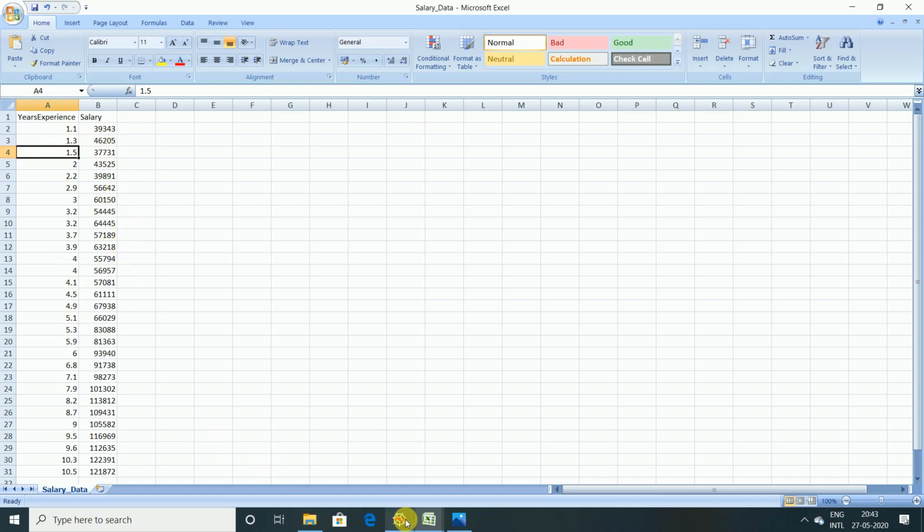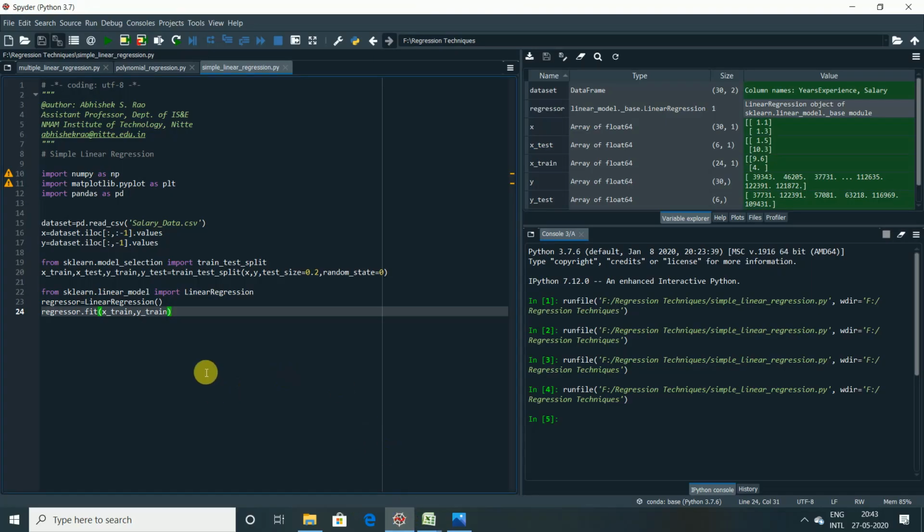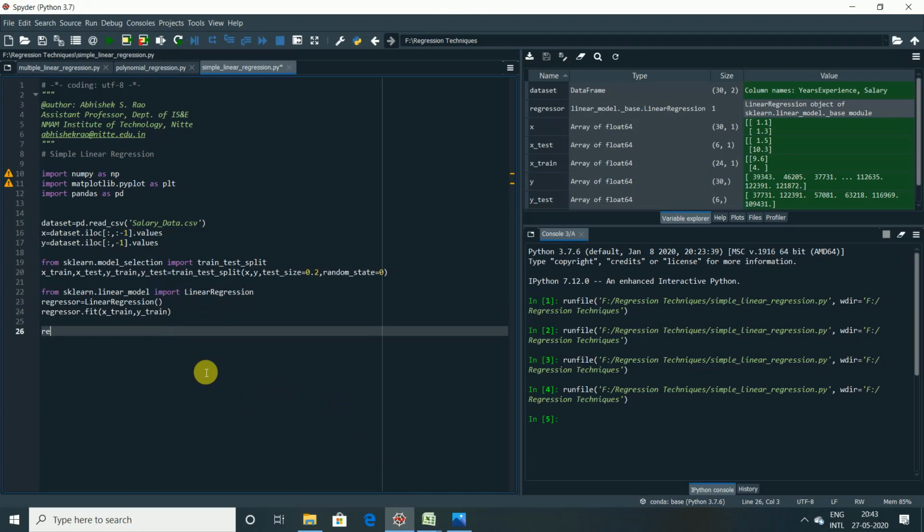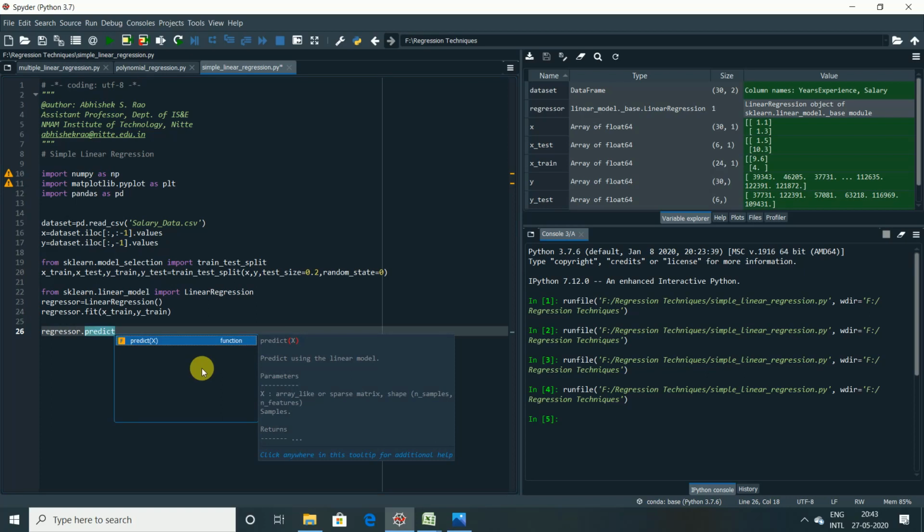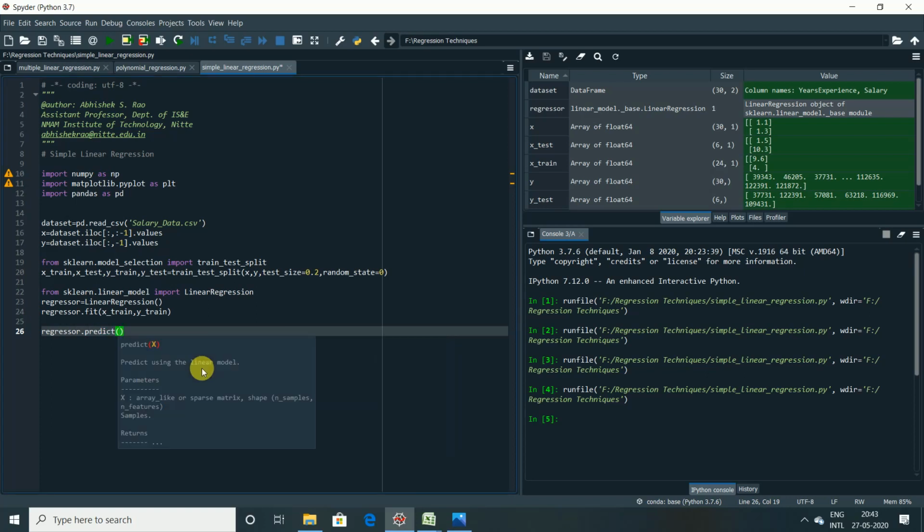Now let us see how to do that. We require regressor only. Regressor dot, instead of fit we write predict. Just remember this, very easy. Predict of what? It's not train, it's test, X_test. Correct? So let us execute this once.